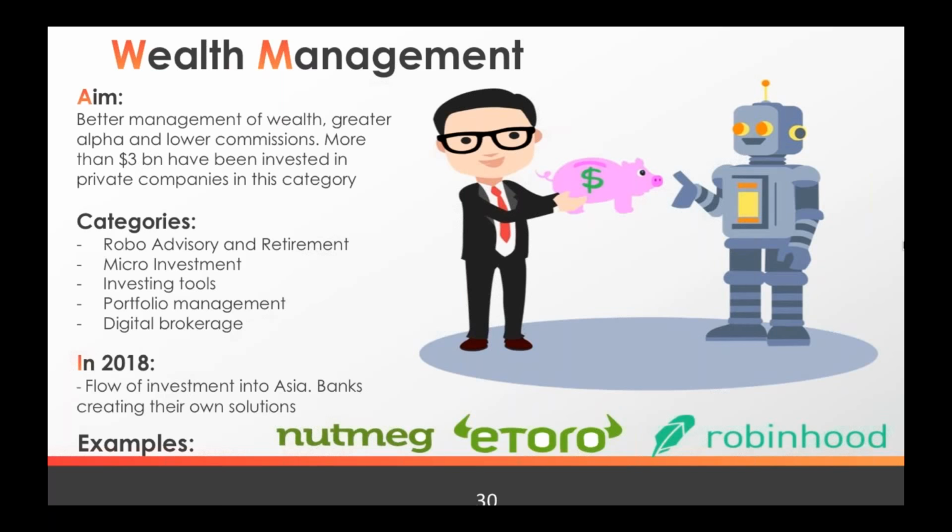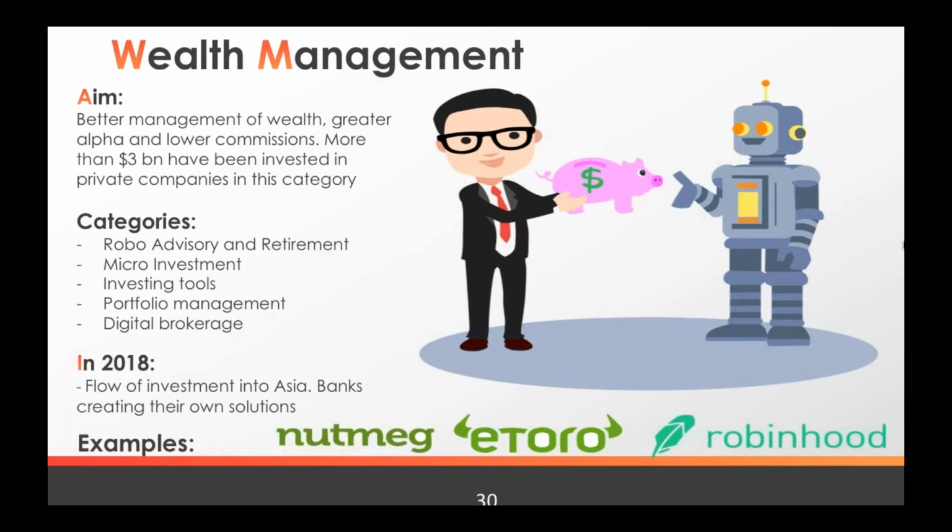In terms of what will happen in 2018, we're seeing a lot of money going into Asia. And this is because China is a huge market, but they're not very developed in the sense of investing. What we've seen is Chinese people spending a lot on consuming retail products, but now they want to invest their money, and there are a lot of companies that are setting themselves up in order to be able to invest throughout the world, so that they can not only reach China, but the whole world.